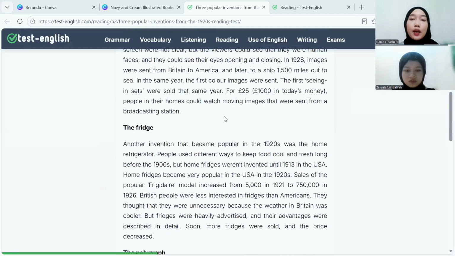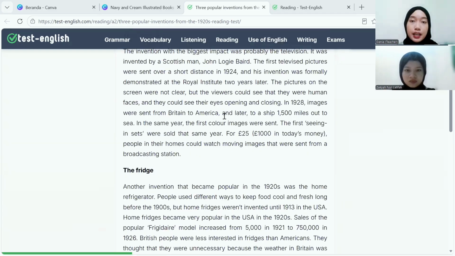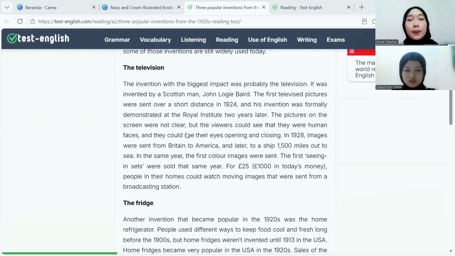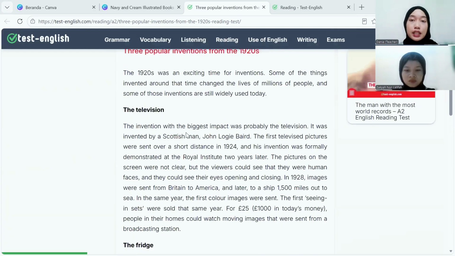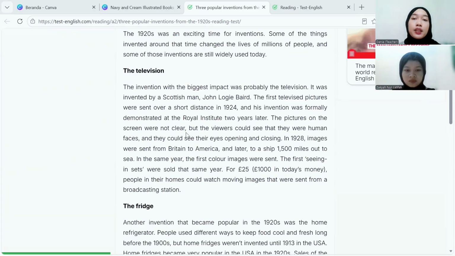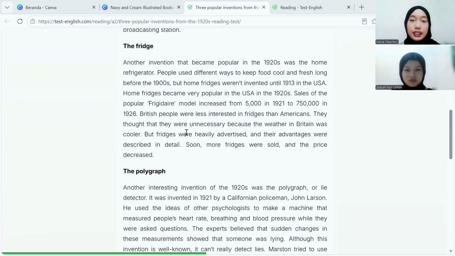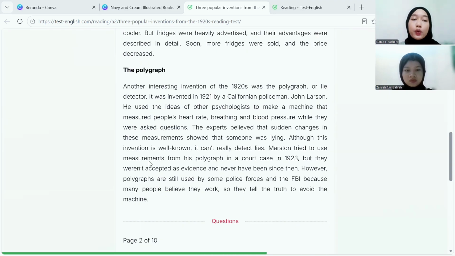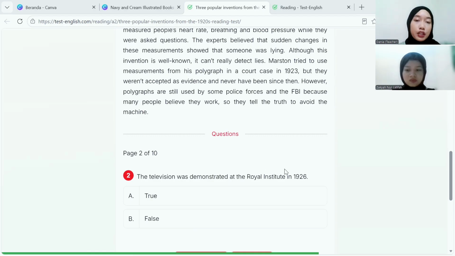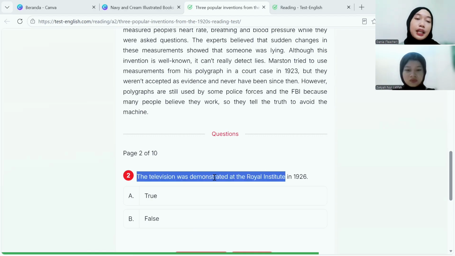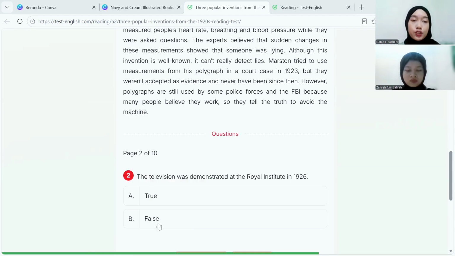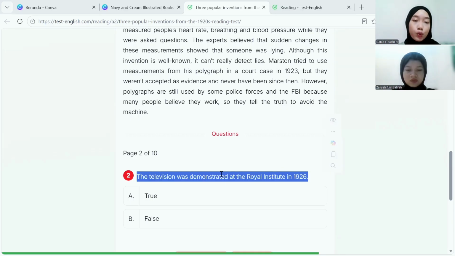Now let's apply the scanning strategy steps that we just learned, students. Please listen carefully. When we apply scanning using this text and question, what we need to do first is look at the question. Don't read the text. This is a true or false question, and you have to decide whether the statement is true or false. Now let's read the question and decide what the keywords in this question are.